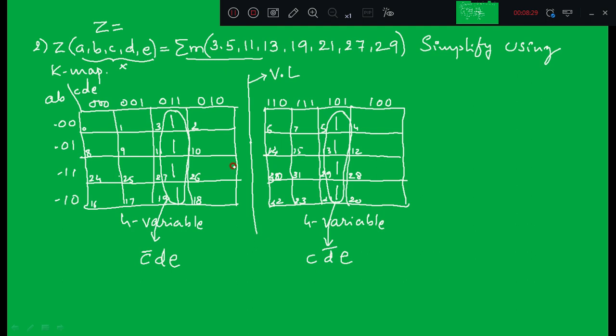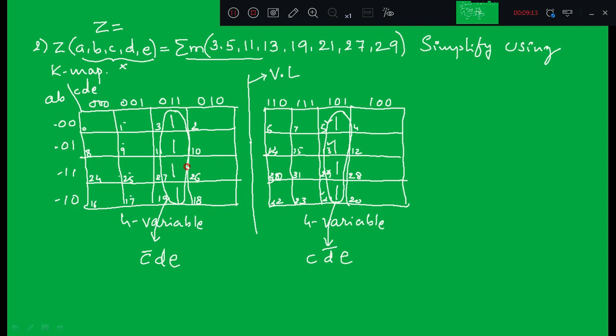So when I fold this, what happens? These ones which are present in cell number 5, 13, 29 and 21, they fall on cell number 1, 9, 25 and 17. That means these four ones are not getting overlapped with these 4 ones. That means I cannot say these are adjacent; they are not physically adjacent, but logically also I cannot say they are adjacent. So I cannot put these 4 ones and these 4 ones in one group.